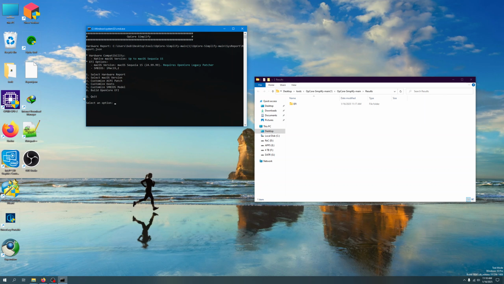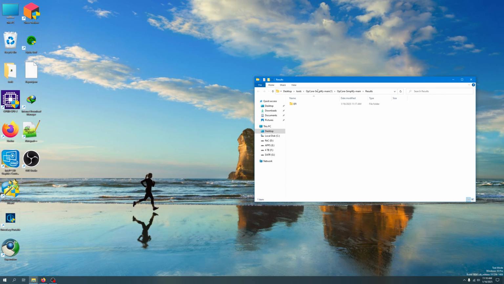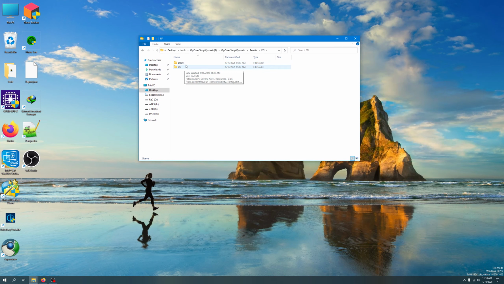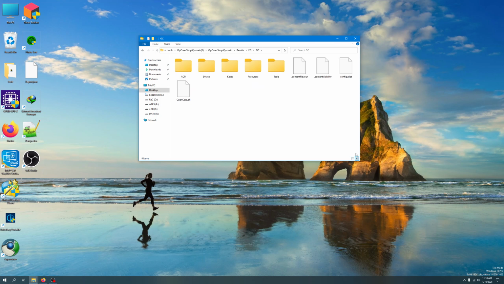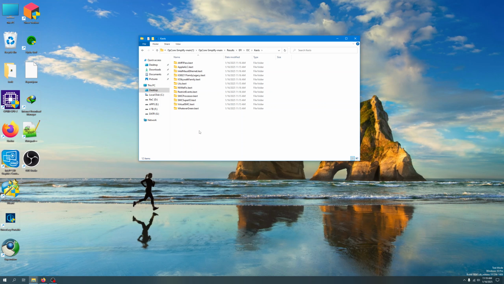Right, so right here we need to close this one, and then this is our EFI folder that the tool just created for us. And let's see, everything is there. It has just created the files, the SSDTs. We have the drivers right here, the kexts are there. So yeah, and then